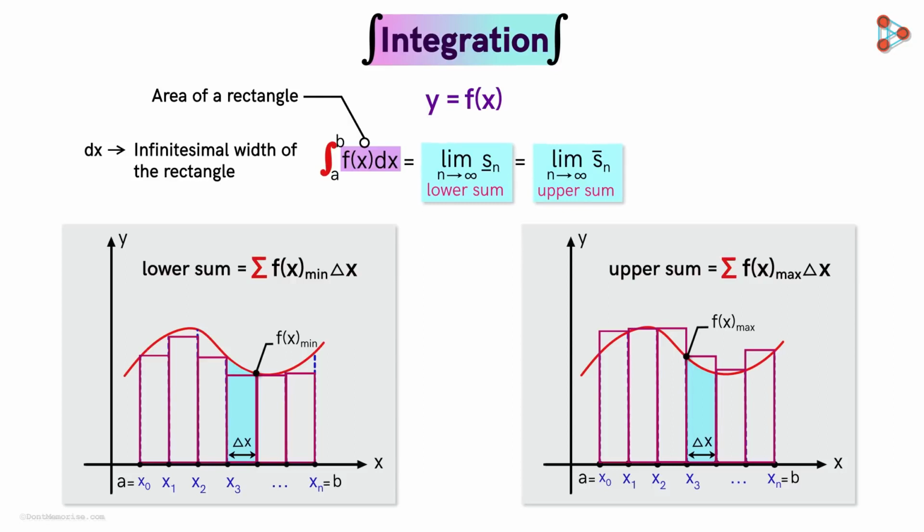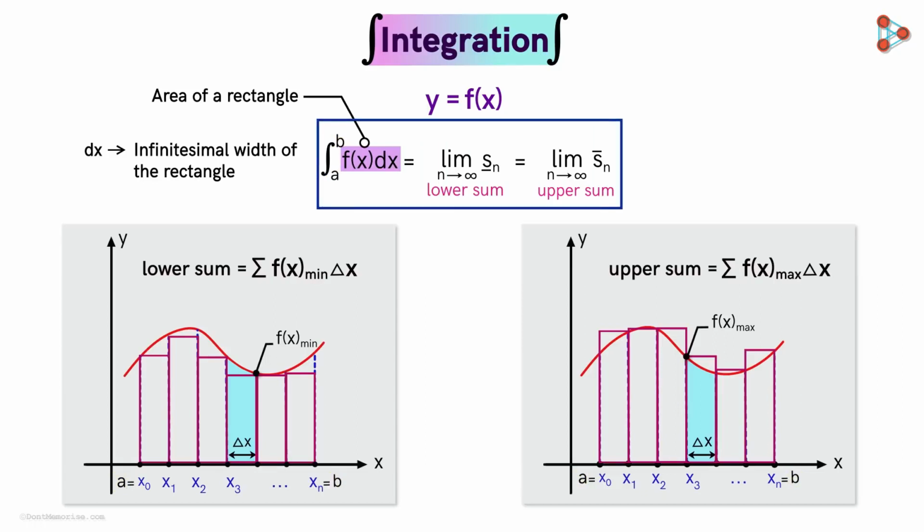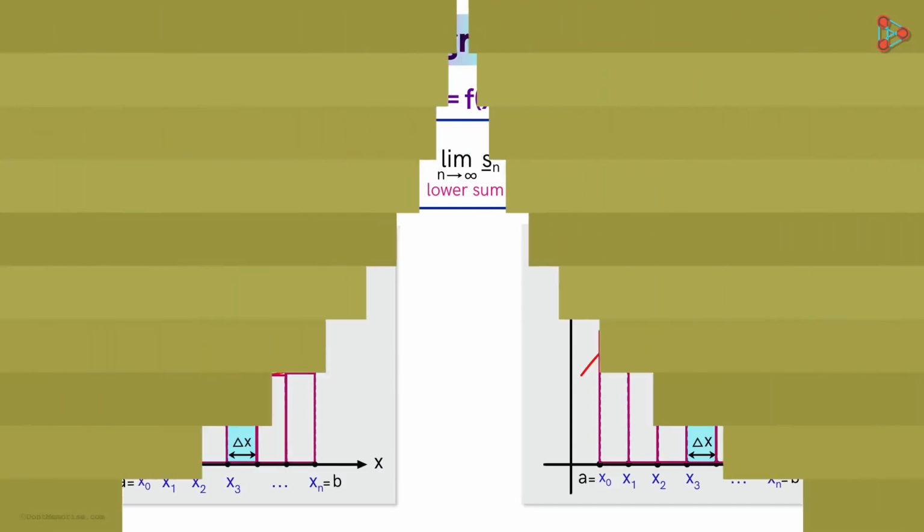Interesting, isn't it? One last thing. Can you guess what the a and the b written here mean? Correct. It tells us the value of x between which the area under the graph is evaluated. So we see that this symbol tells us the whole idea of integration. With this process, we can find the area under the graph of a function.